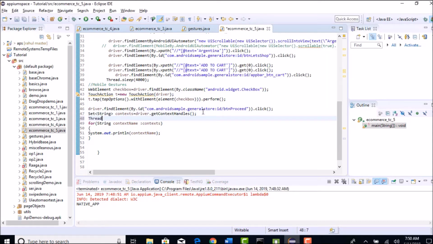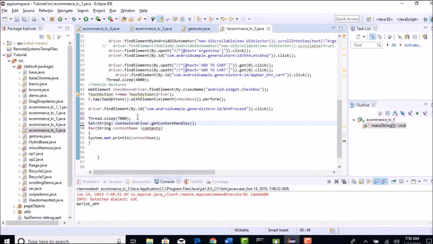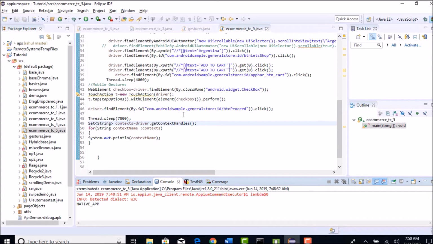So put some sleep, maybe at least 7 seconds I guess, because it takes some time to open the web view mode. So after it opened, and now when you try to use these context handles, you might see web view also as an option here.